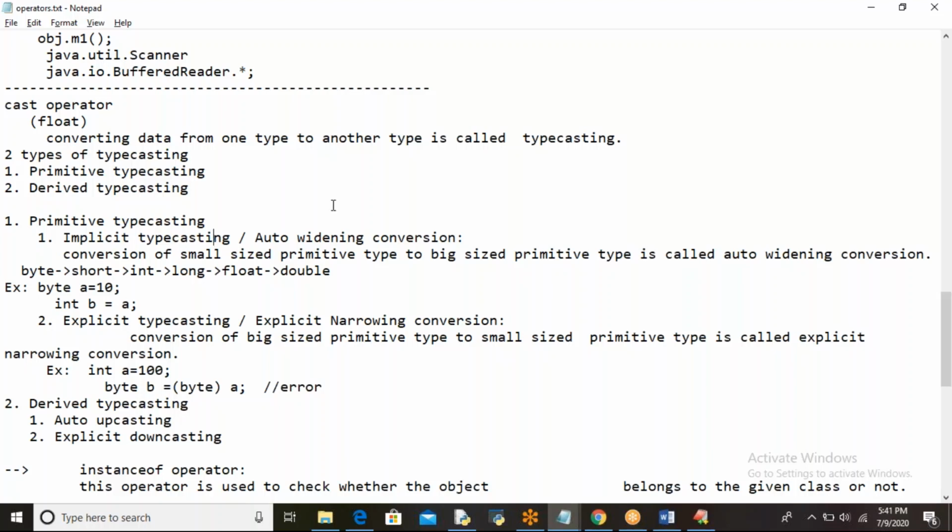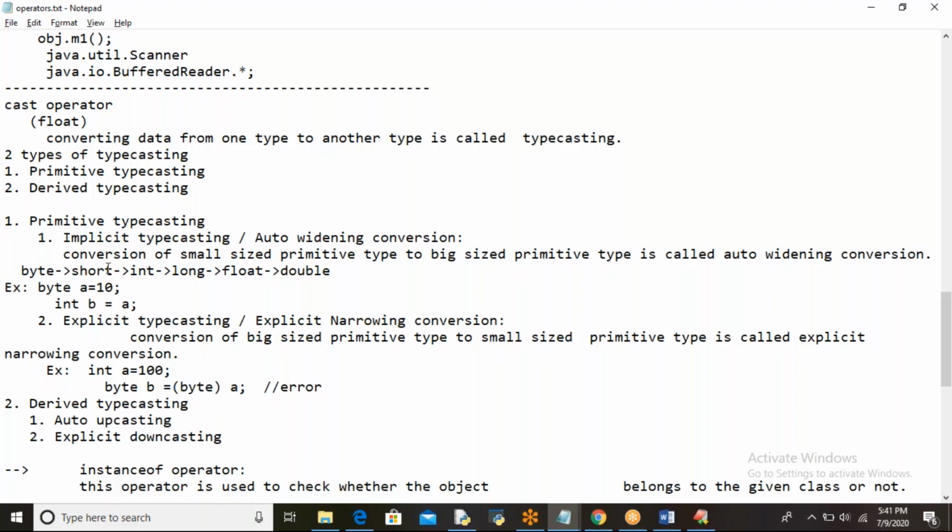That means if you try to store a byte value in an integer variable, that is possible because byte occupies only 1 byte of memory. Integer occupies 4 bytes. You can happily store 1 byte of data into a 4 byte variable. Then there is no question at all. It will be done internally. Implicit typecasting is automatically done in Java.